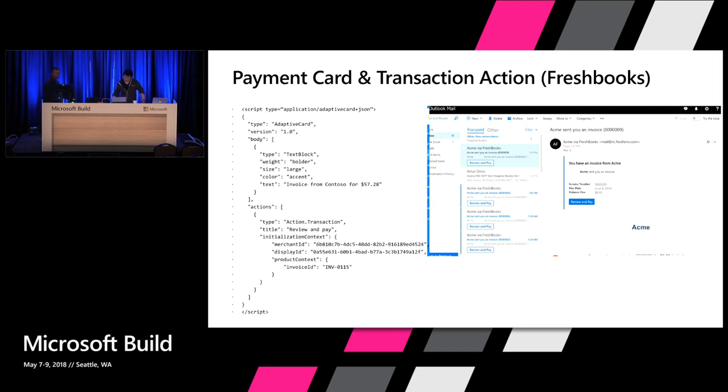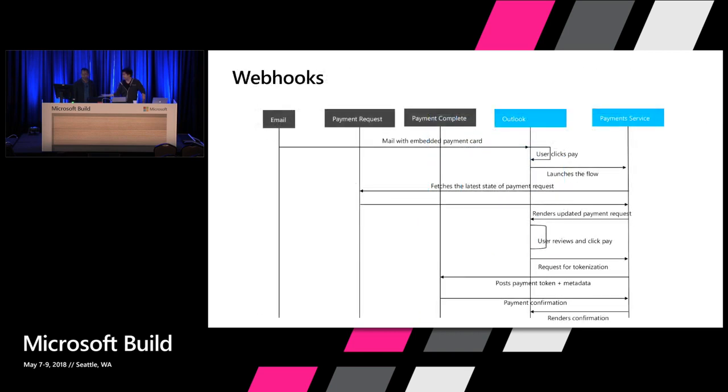Yeah. So to sum it up, the merchant ID is associated with your webhooks. When you click Review and Pay, those are the two webhooks that our merchant ID routes these calls to, right? And the product context is what's overloaded into that action, so that we'll play those back in those webhooks for you. So to kind of go through that overall architecture, Mar will walk through you. Yeah, sure.